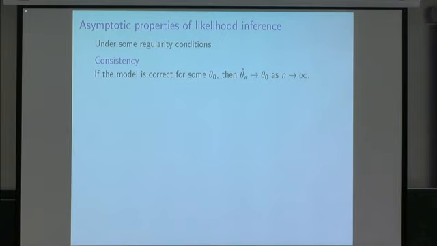So then what do we know about the MLE and likelihood inference? Well, we have that it's consistent. If the model is correct for some value theta naught, then the MLE will tend towards that value in probability as n tends to infinity. And secondly, if we look at the difference between the MLE and the true parameter value and rescale by the square root of the rate, then that thing tends in distribution towards a normal distribution with mean 0 and variance matrix the inverse of that I of theta matrix. To phrase that another way, the MLE is approximately normally distributed with mean theta naught and variance going down like 1 over Rn.